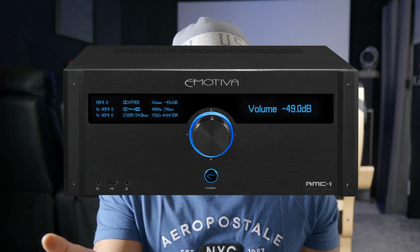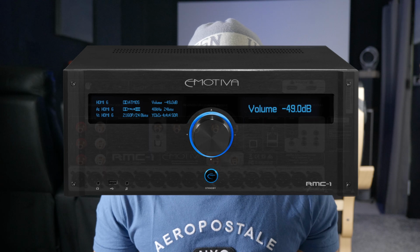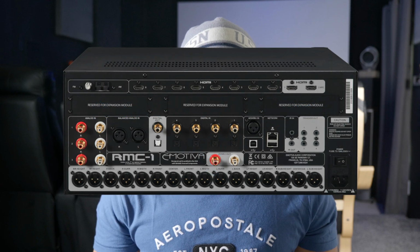For instance, Emotiva has products that are modular. Take the RMC1 for instance. The RMC1 is a 16-channel processor that is expandable to a whopping 28 channels. 28! The average consumer will probably never need nor have the space for that many speakers. But you have the option to add XLR expansion modules in pairs, aka stereo. However, it also comes at a premium price for just the processor at a staggering price of